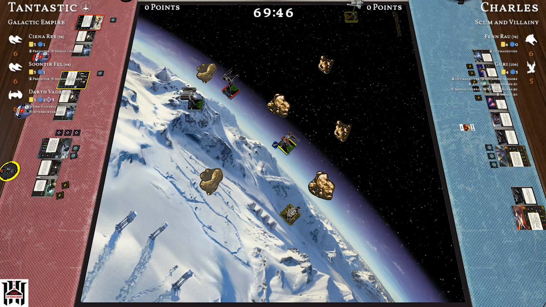Soontir Fel did go right. Nice choice. Okay. Now the question is here. I think you focus boost right. I think you do. I think that'll get you out of the arc here, and I think it puts you lined up. Now, mind you, you're going to be right close to that rock, but